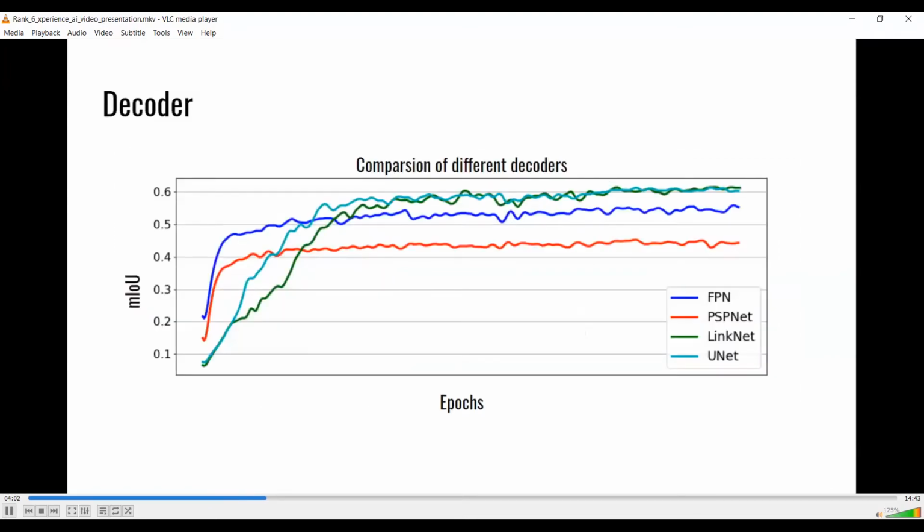However, approaches which have proven their effectiveness in scene parsing weren't successful in medical segmentation tasks. This is because of different distribution of stained images of various organs. In the plot, you could see that FPN and PSPNet achieve much worse results, 0.55 and 0.45 mean IoU correspondingly. And LinkNet and UNet results are almost the same. Actually, LinkNet achieved a bit higher at last, but the second model shows higher stability during training.